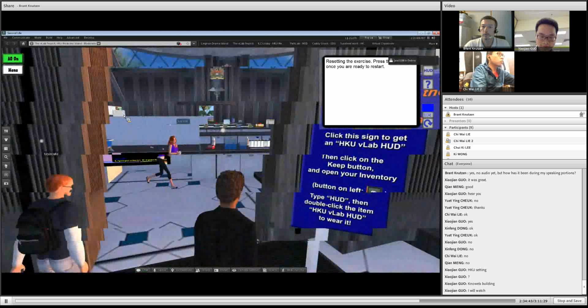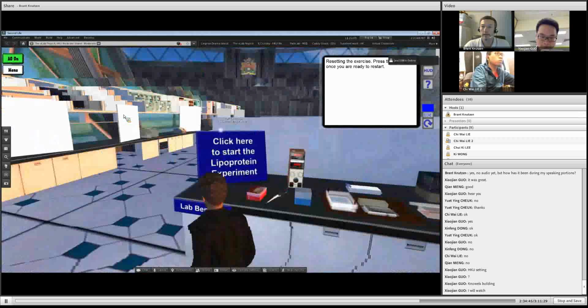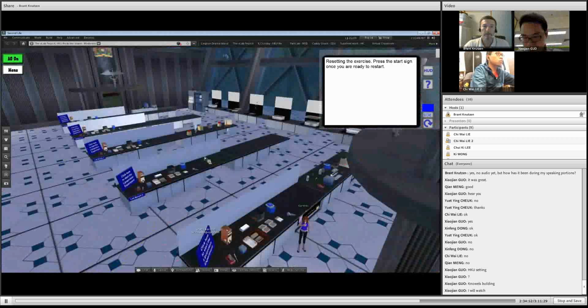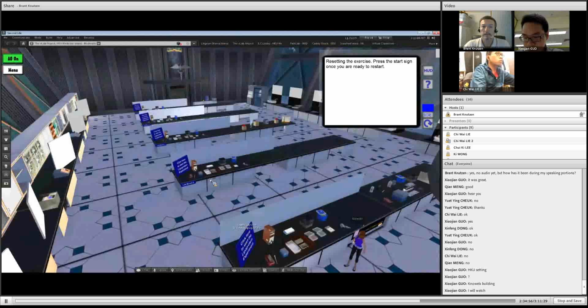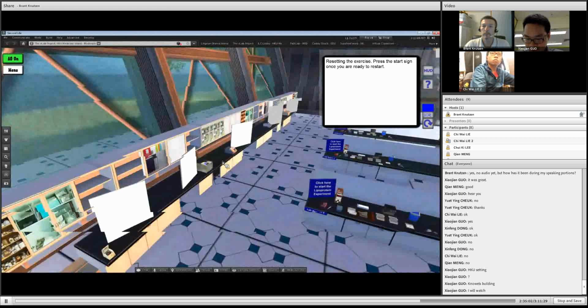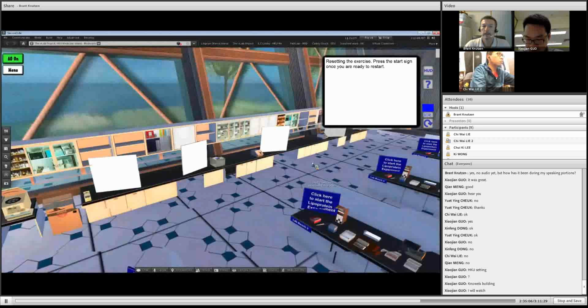The centrifuge, PCR scanner, various equipment. But right here in front of us, this is the start sign. So if you want to try this, you can just watch me do it, or you can step around to one of the other benches. So if you want to try lab bench 2, you can do it there. Or if you